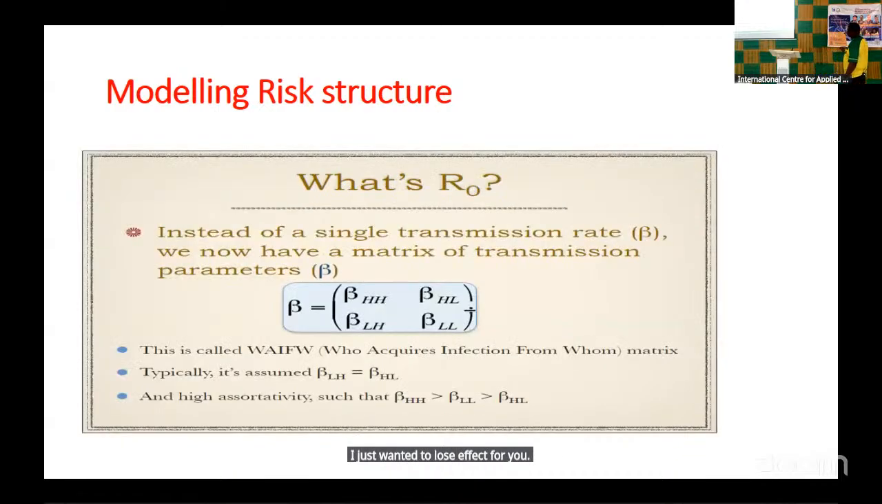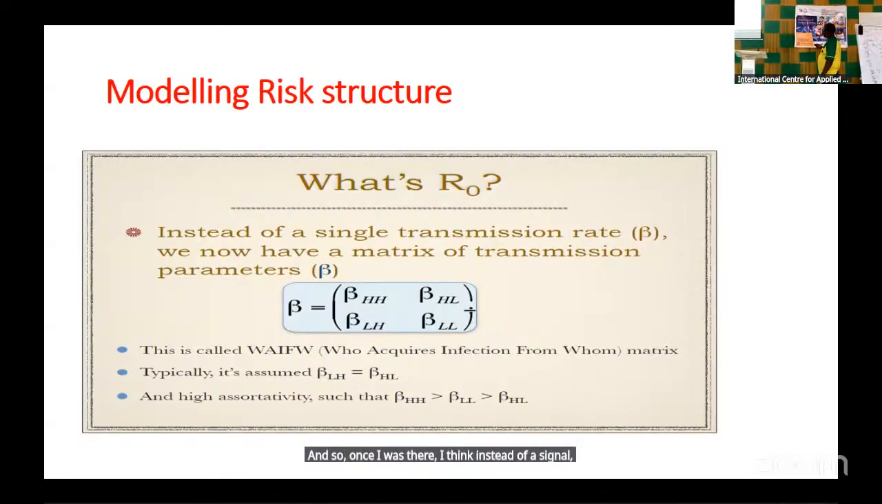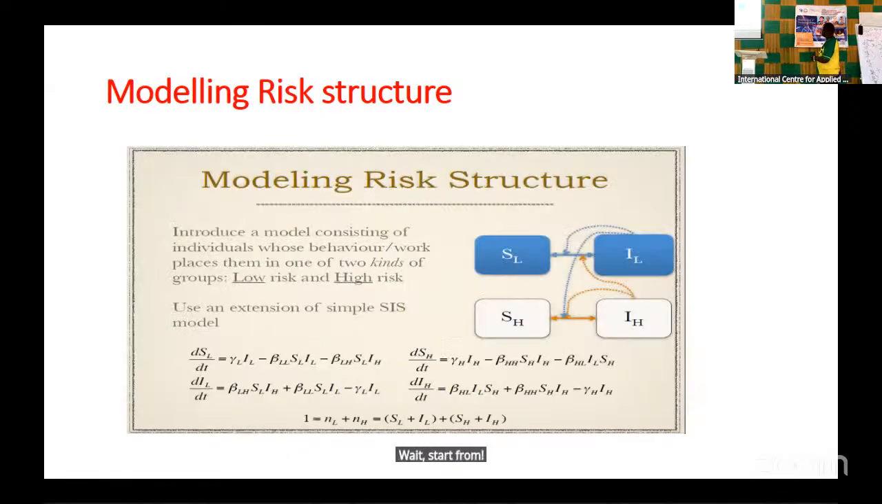And so what is R0 here? Instead of a single transmission rate, like the normal one, you find out that you have a matrix of parameters. Where do we start from? Look at this, the SH and IH. Look at it. So for this, we consider the IH and the IL. If you bring the IH and the IL together, you will find out that you will have